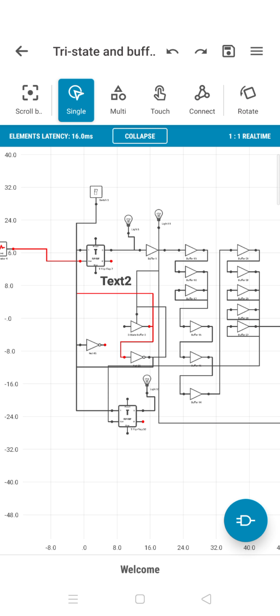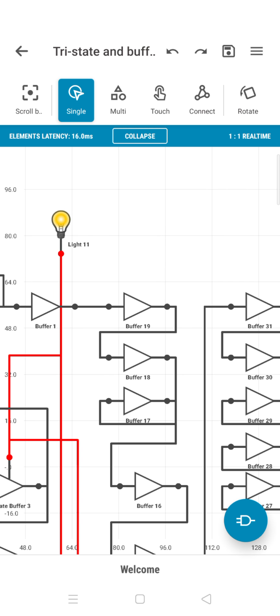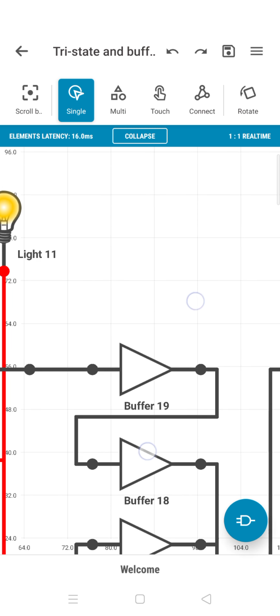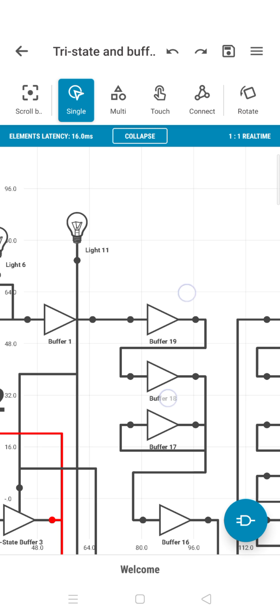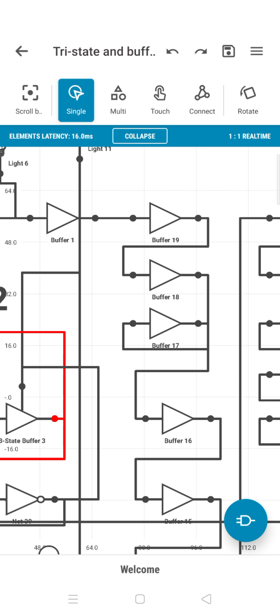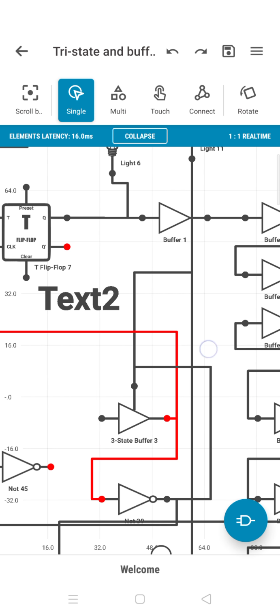So what does a tri-state device look like? It looks somewhat like this. If we look at it, it has a triangular structure, with one endpoint and another endpoint, so the current can flow from this side to the other side. Right in the middle you have the control input.